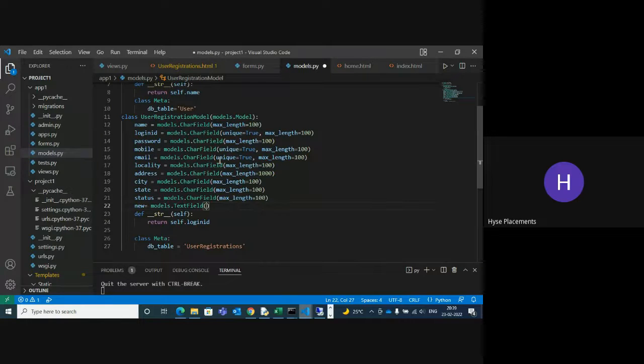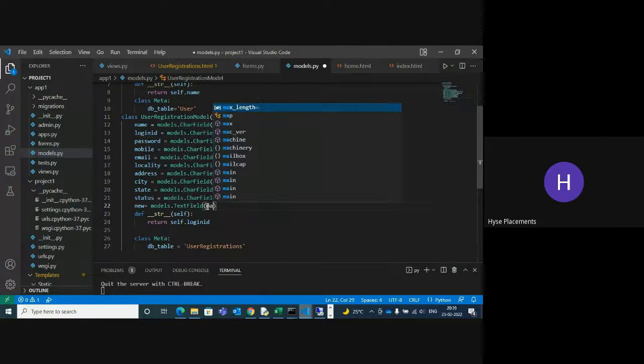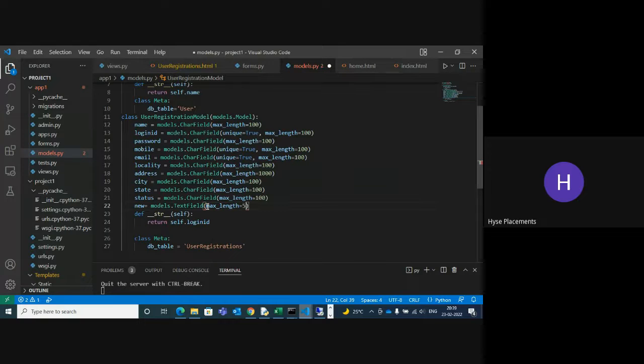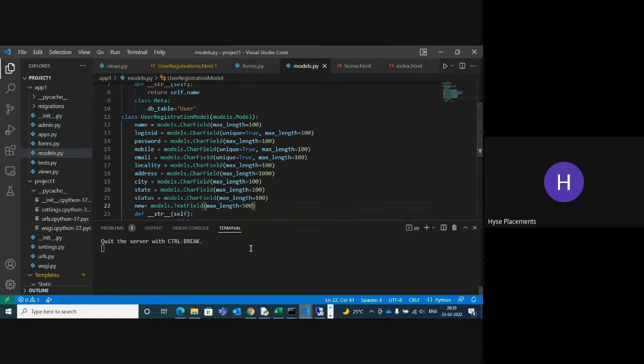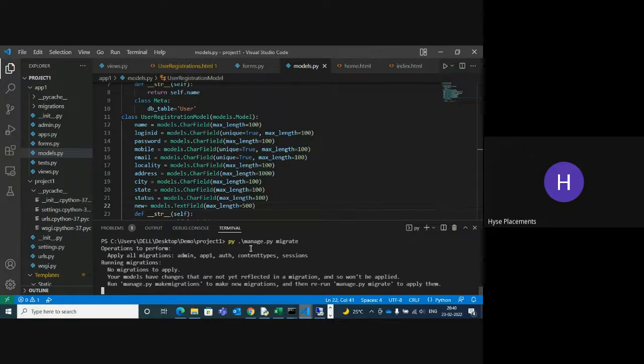You can see why I have given unique. Unique means the maximum length is 100 for these fields, both with 100 maximum length. Sometimes it causes confusion, and when any issues came, I give unique. And also maximum length equal to 500. This is the text field. Once I apply this, I can break the server. First of all, I apply make migrate. After that, make migrations, you can apply now.